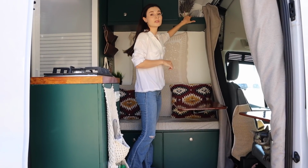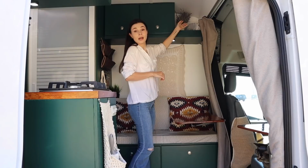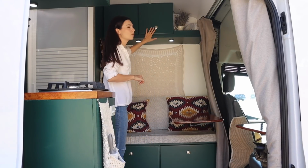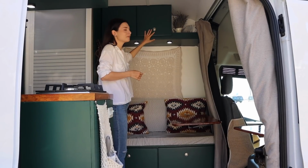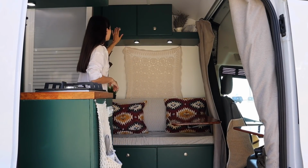So up here we have this little shelf where I just keep my purse and some dried flowers. This cabinet is also for electronic stuff, whatever, batteries, chargers and stuff like that. And in here